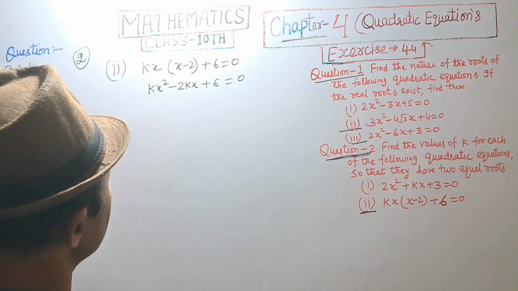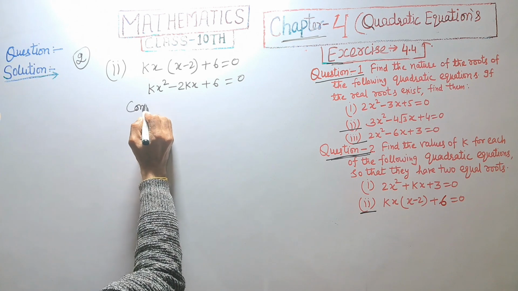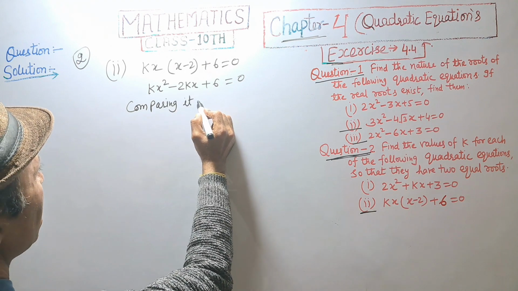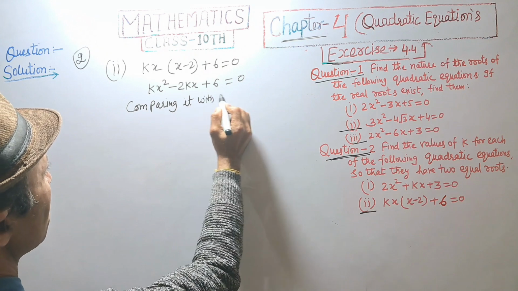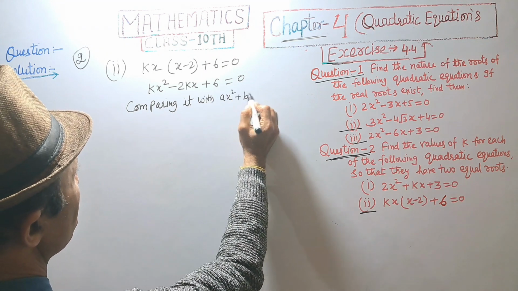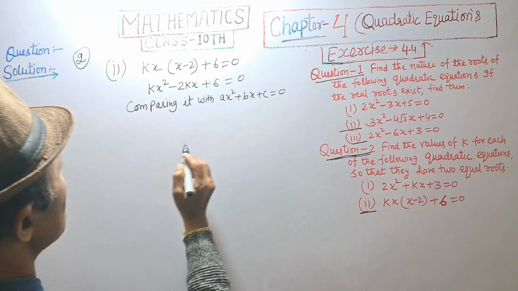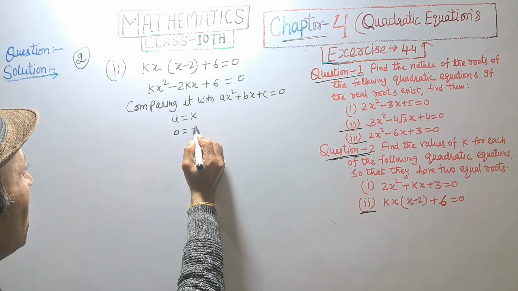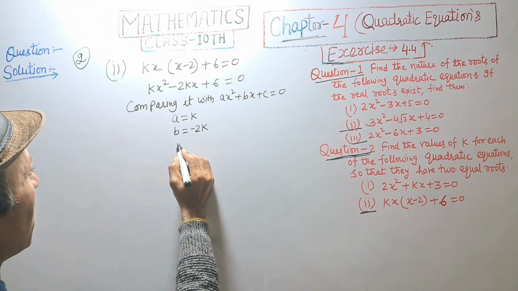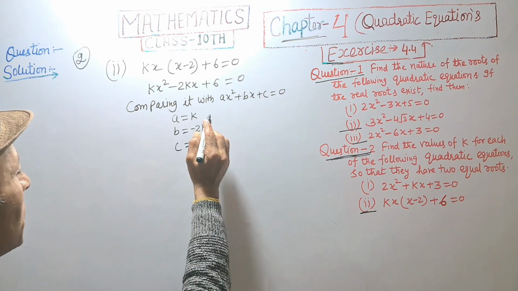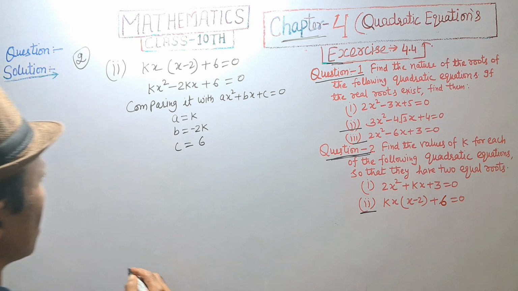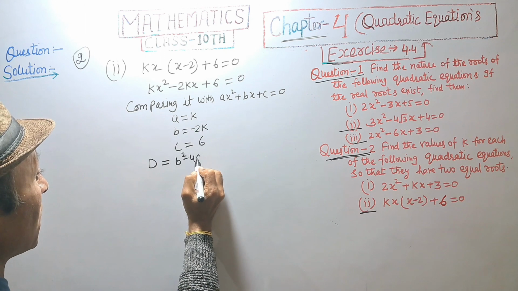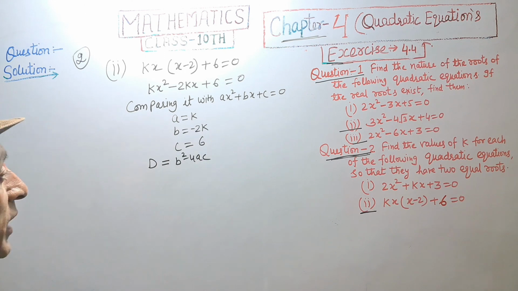It's a quadratic equation, and comparing it with ax square plus bx plus c equal to 0, a is equal to k, b is equal to minus 2k, and c is equal to 6. Discriminant D is equal to b square minus 4ac. To find the value of k,